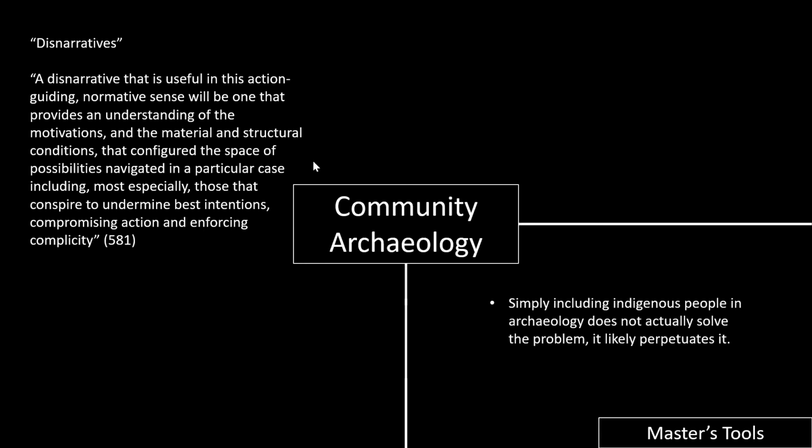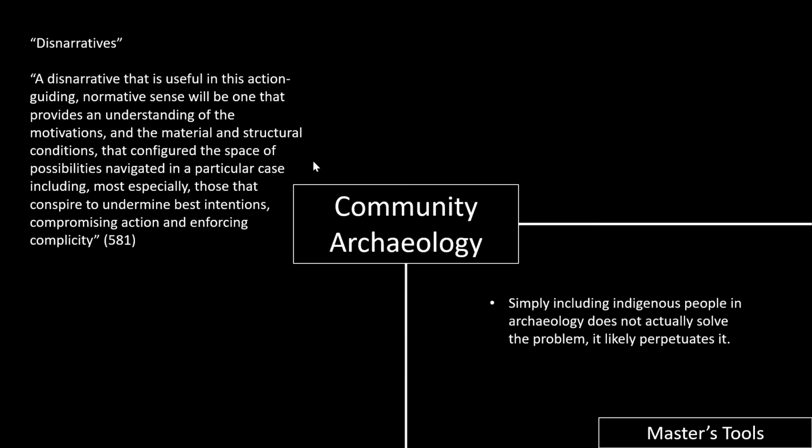She talks about something I'm hoping to try and for her to explain to me a little bit. She talks about a notion of a dis-narrative. So what does she mean by a dis-narrative? Well, it seems to be something which is often emphasizing mistakes and errors that were made. So she says that a dis-narrative that is useful in this action-guiding normative sense will be one that provides an understanding of the motivations and the material and structural conditions that configured the space of possibilities navigated in a